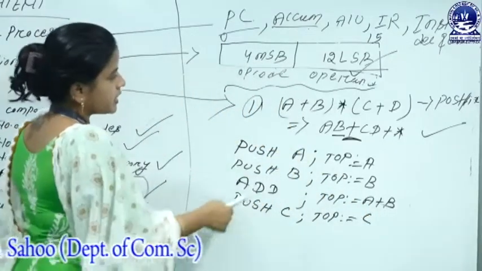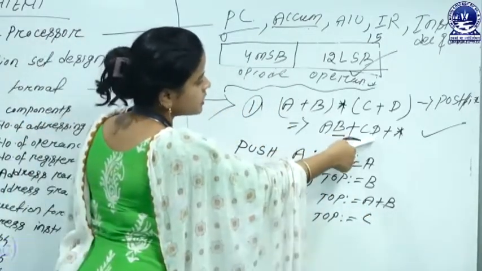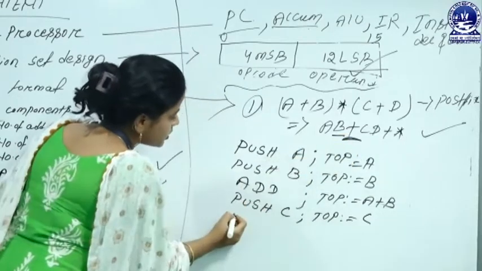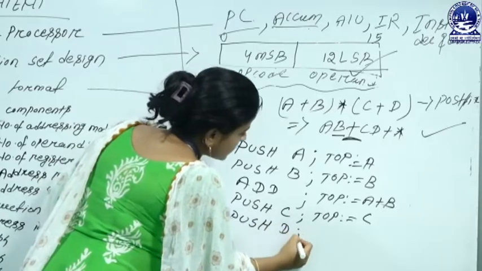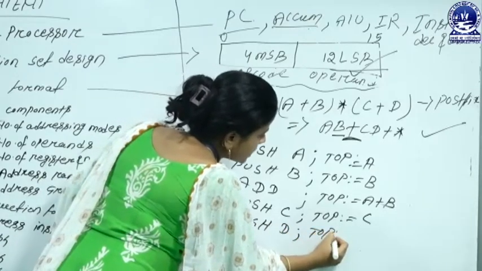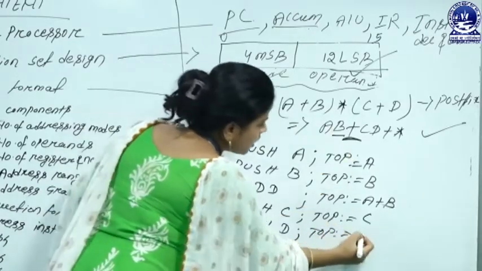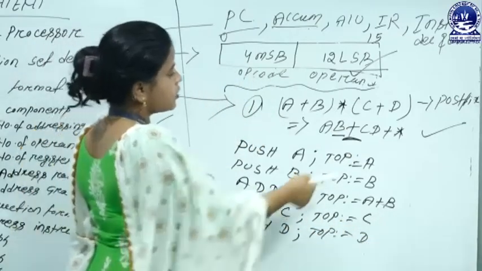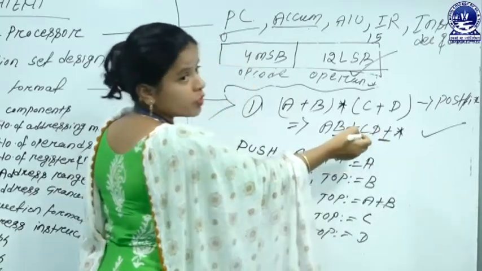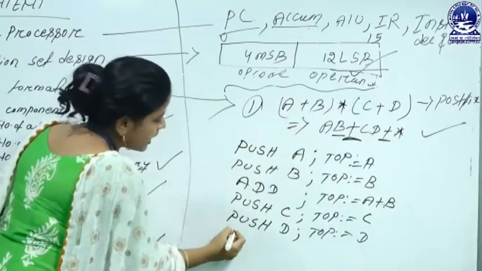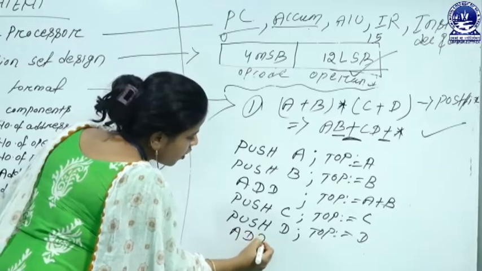Now again check which element arrives next; that's also a type of operand. Here we use the push command, push D. That means the top of the stack contains the value D. Now again check which element comes next. In this case the plus, that means an opcode has arrived. So that opcode is add. Now writing the opcode add.